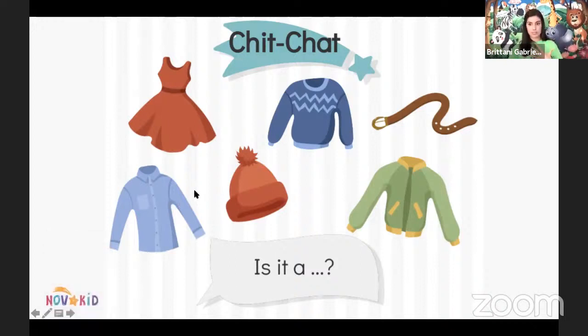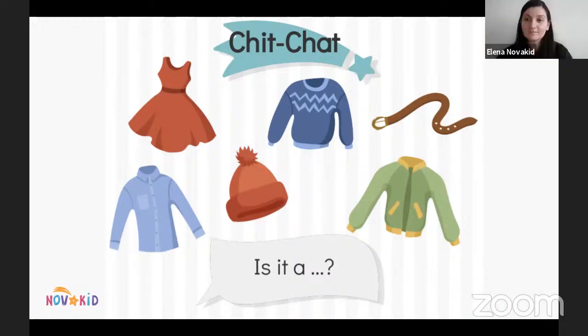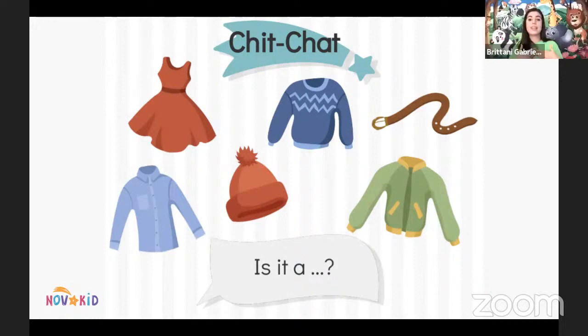Now, if you have a student who is very, very high, you could ask them even to ask you questions. You could ask them, circle, ask me. This is something I like to start incorporating in the lower units so that by the time we get to level 12 or unit 12, they know my expectations. They know that it's going to be your turn to be the teacher, and they really look forward to that.